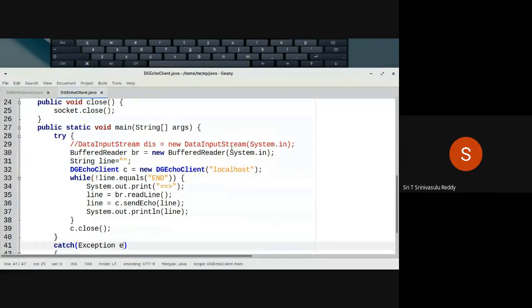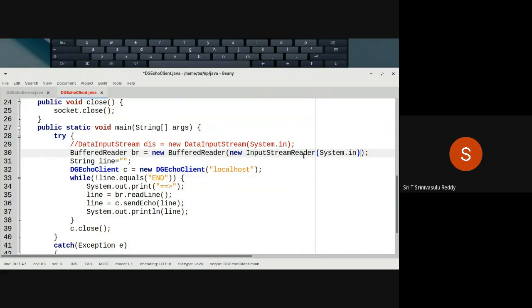There is another thing called a new input stream reader. New input stream reader of system.in. What this input stream reader will do is it will take a stream object as an input, because system.in is an input stream object.